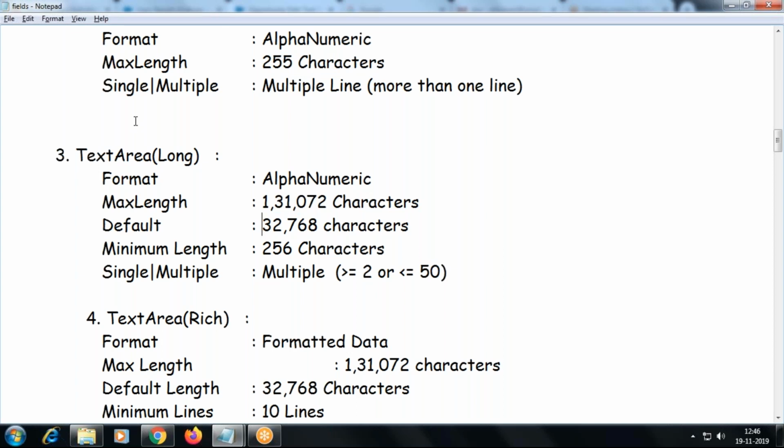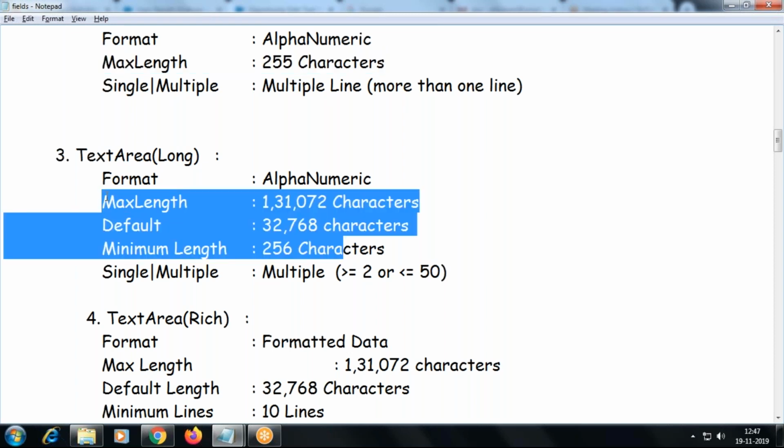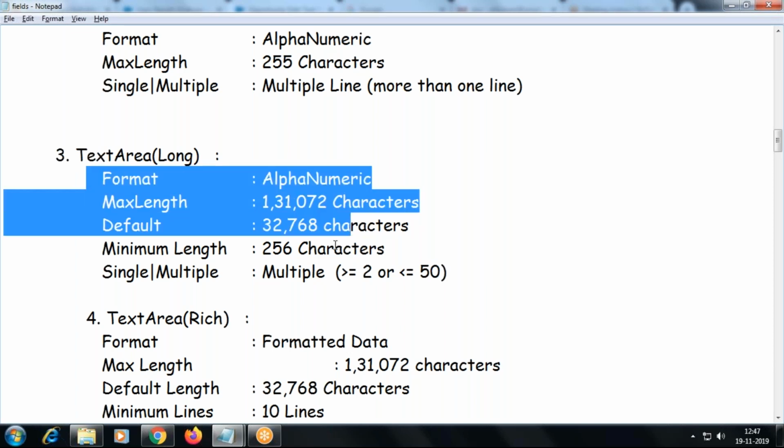You need not be very familiar with the number of characters that can be captured. This may not be a question in your interview, how many characters max you can store. If you don't remember that, it's fine, but if you don't know what the field types are, that's a problem. If you don't know the maximum length, that's fine, but for information I gave it here.